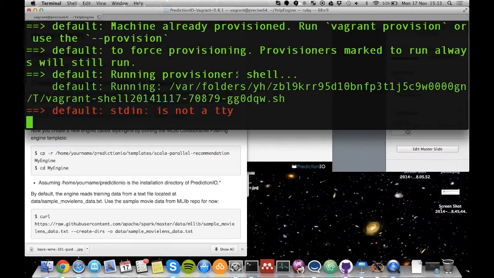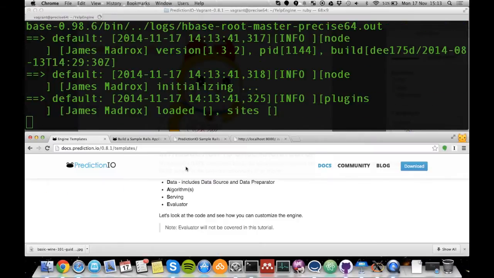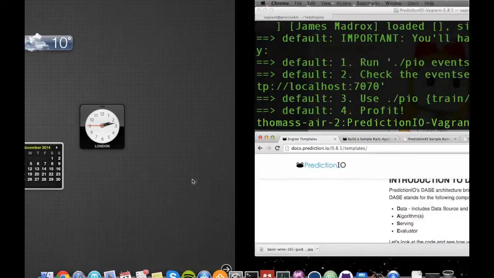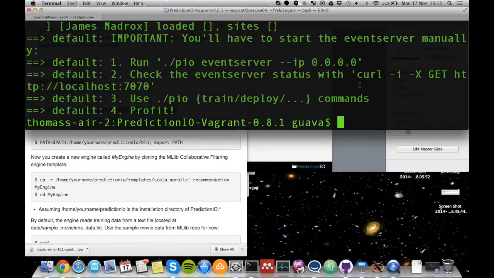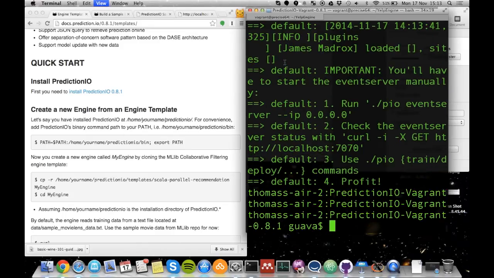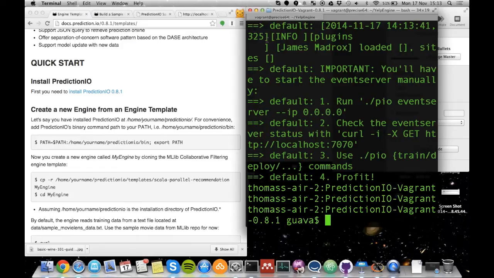Maybe if I do this. Sorry. Okay, so I'm just going to make that a bit smaller so I can actually see what's going on.